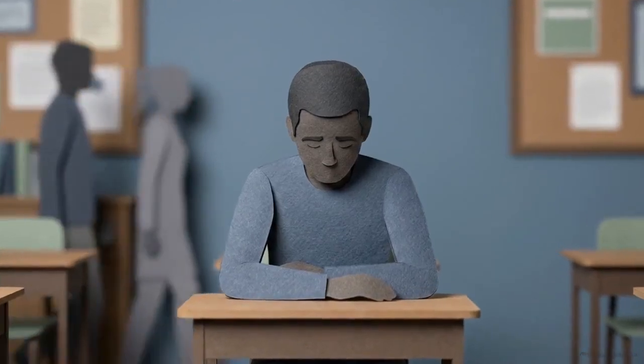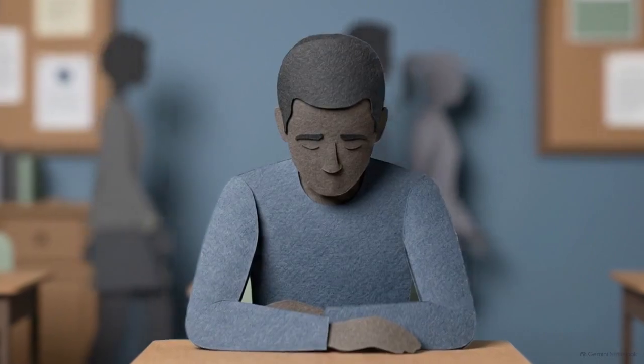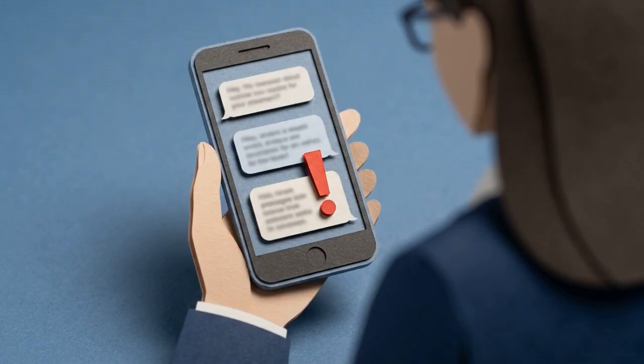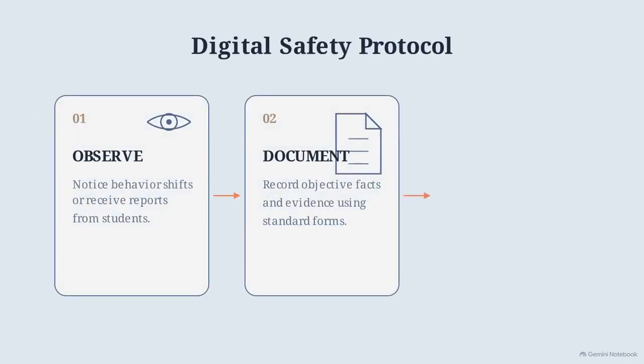You finish teaching your lesson, and you notice one of your students sitting quietly, completely withdrawn from the rest of the class. A few moments later, another student approaches you privately and shows you troubling messages circulating in a class group chat. We are going to walk through the exact step-by-step process you need to follow to document and report